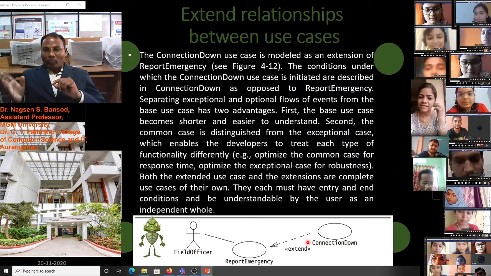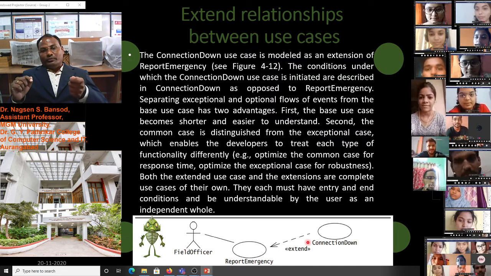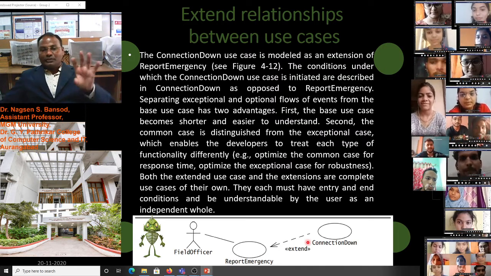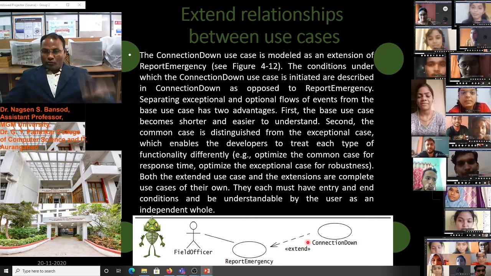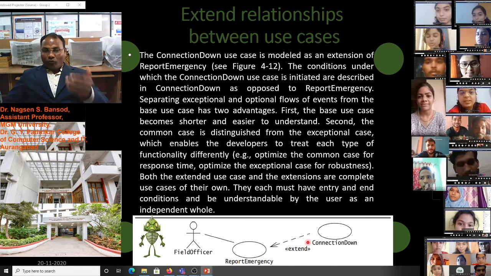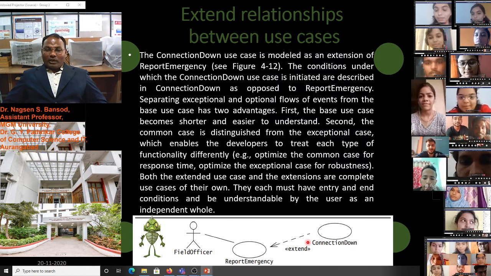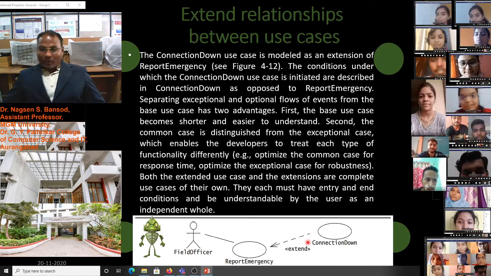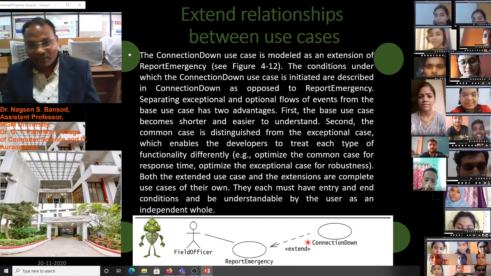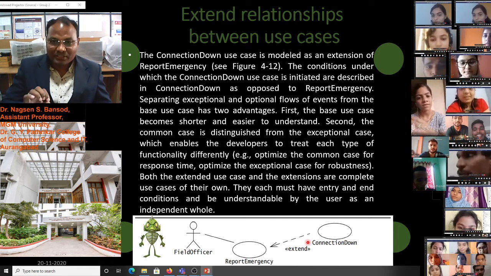Suppose you want to go home, then that is another function, another process, from college to home. And if you came to college for a lecture, but you have some work with the office, then that will be the included use case.